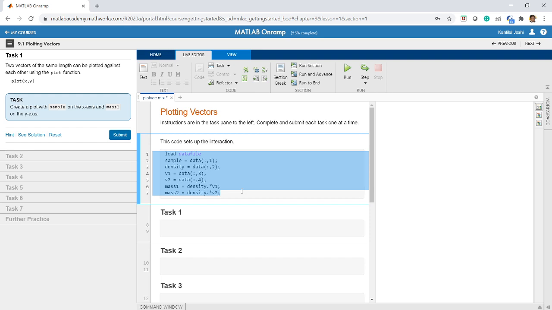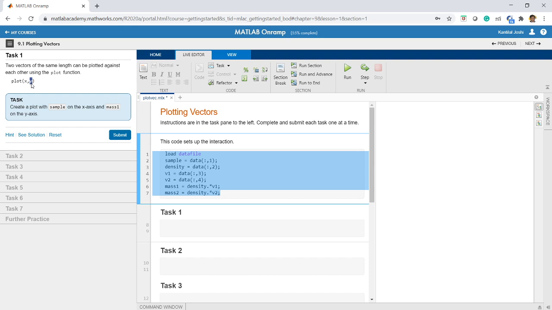Now let us see the simple plot command. If you have two vectors of the same length, then they can be plotted against each other by using the plot function, plot(x,y). Okay, so you have a vector x of say length 10, y of length 10, then for every x value there is some y value, so this plot will be given. A two-dimensional plot can be easily done by using the simple command plot(x,y).